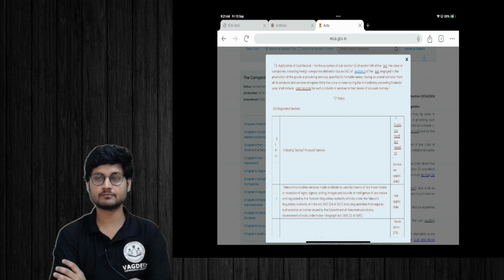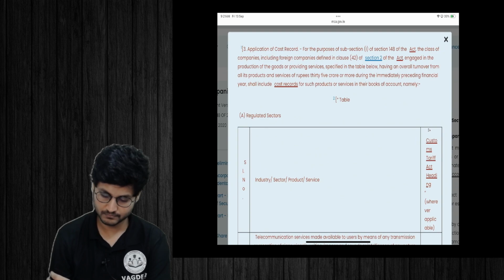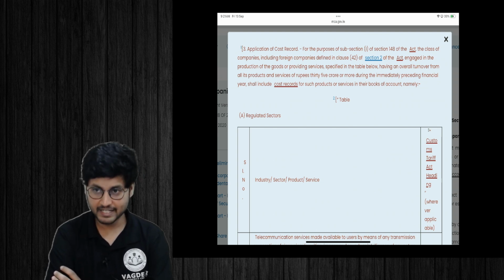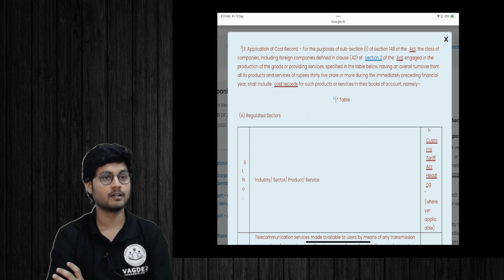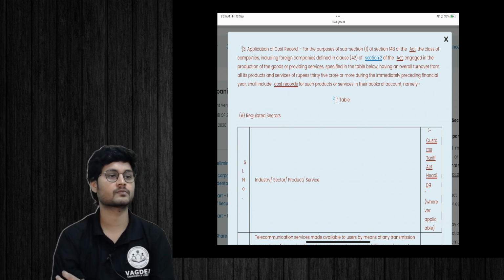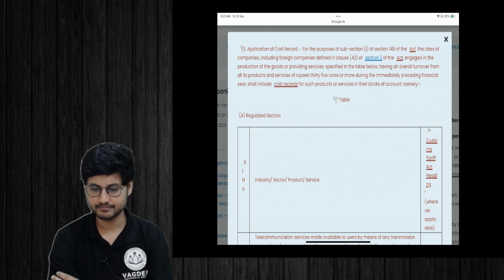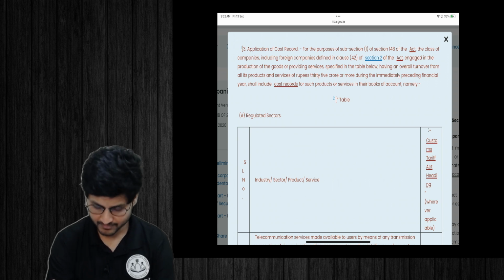Central government, by an order, prescribes the class of companies including foreign companies